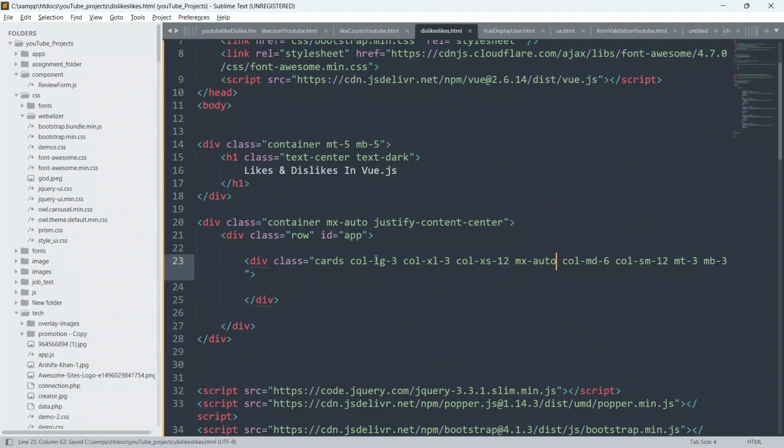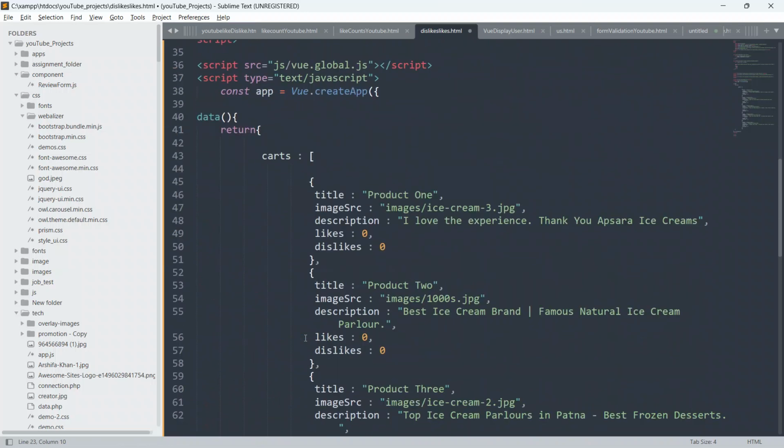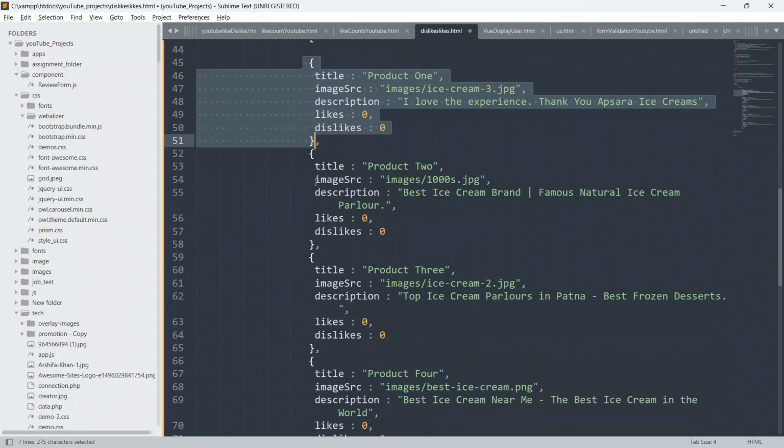Now in this div I am going to create the v-for directive of Vue.js, and we will loop through this cards array and display all these products one by one from here.